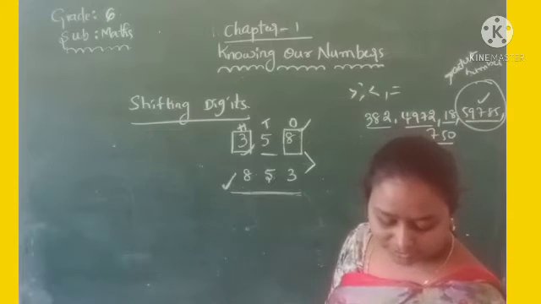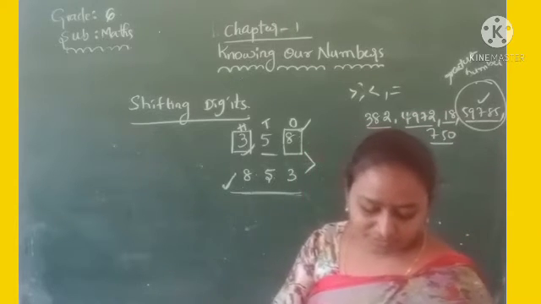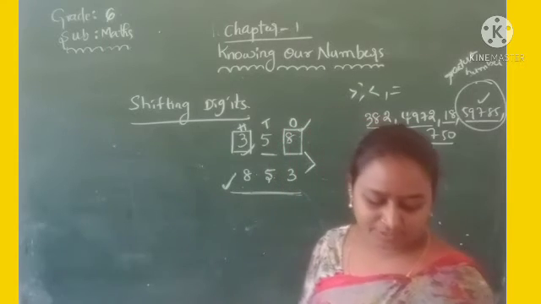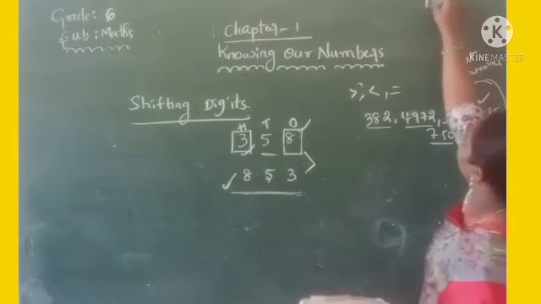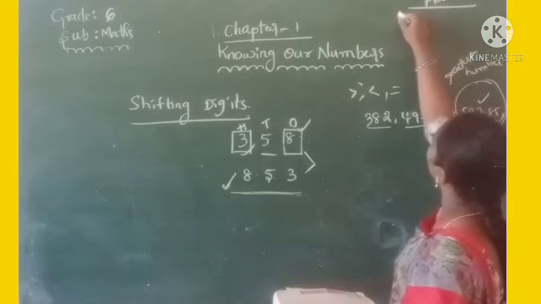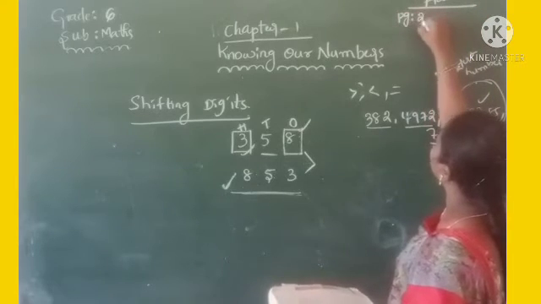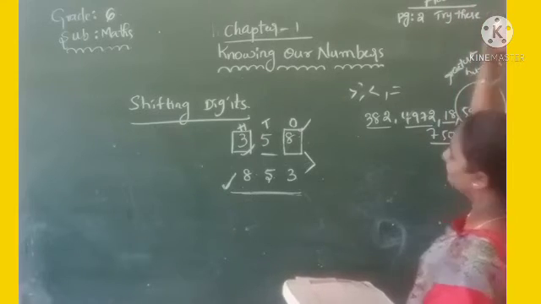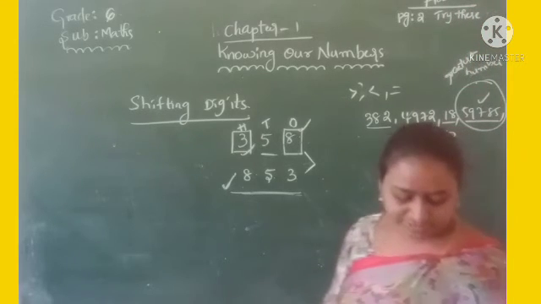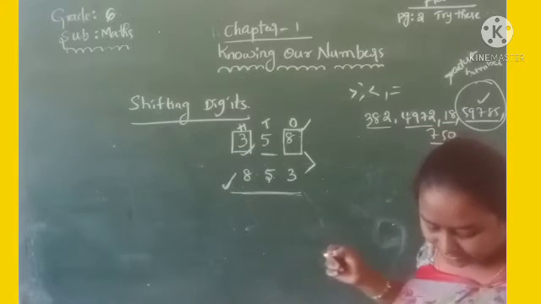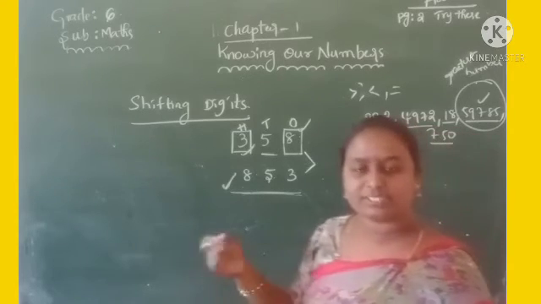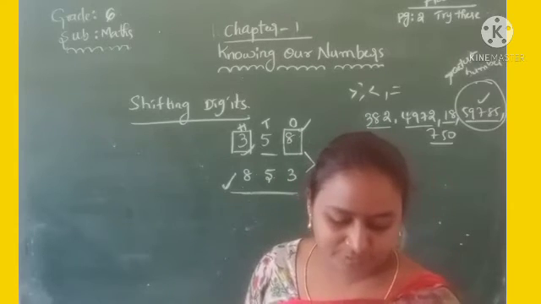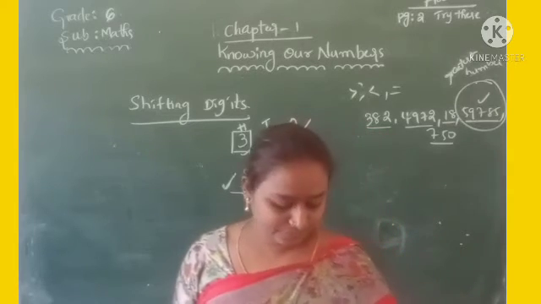Like so, different problems are given there. You have to solve these problems. Page number 2. Try these problems. Similarly, in the try these problems, find the greatest and the smallest numbers. So in that, try these problems are there. You have to do yourself.